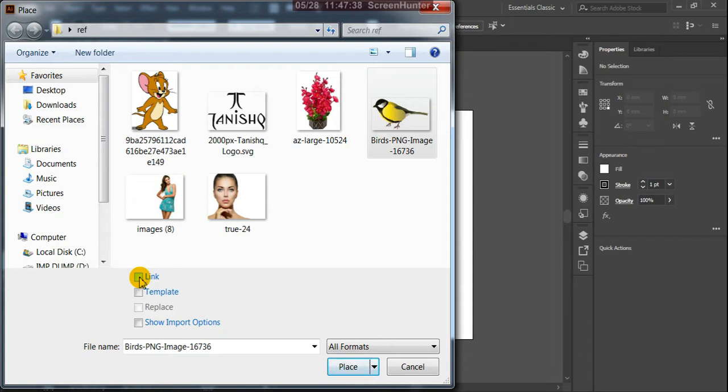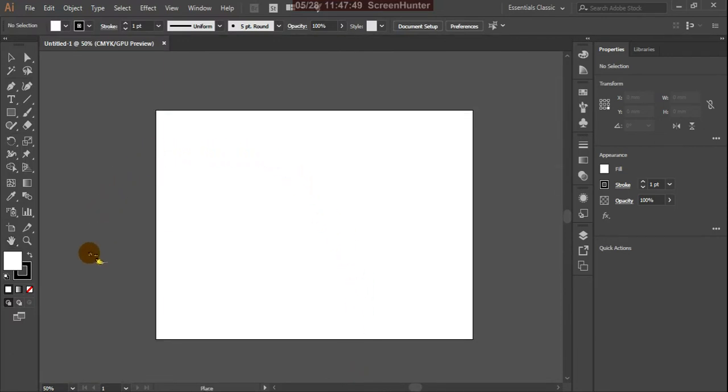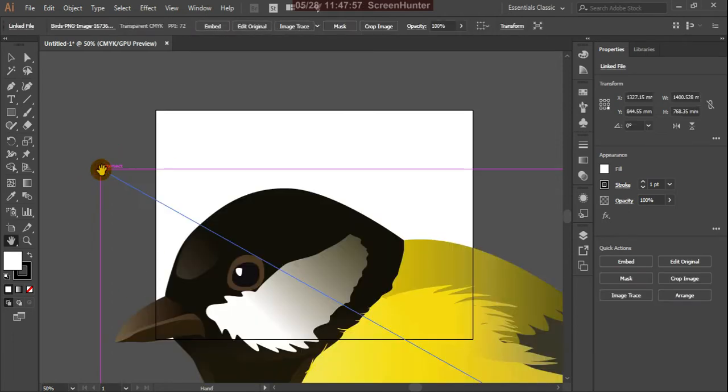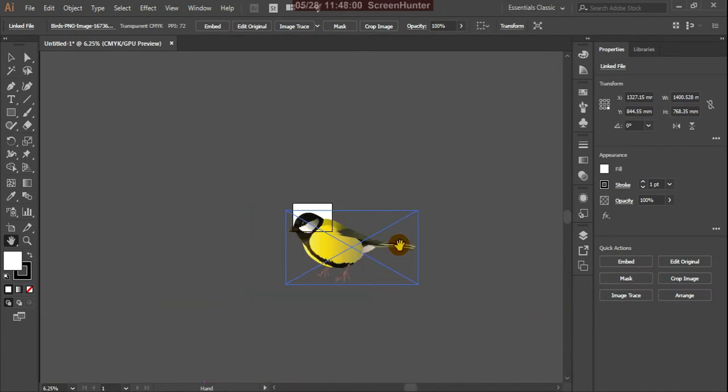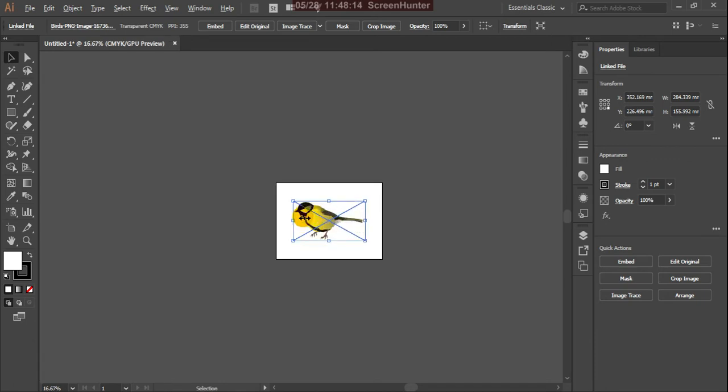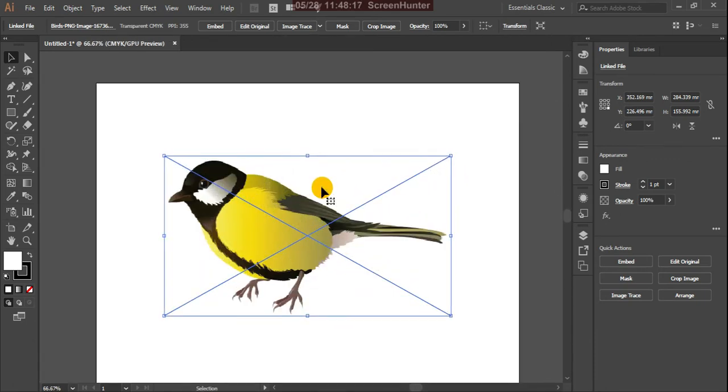So what is link and unlink? What is the difference between them? Let us first give the link, and Place. The picture is connected with your mouse cursor, and you can click. Yes, this will be your picture, and with the control key and shape, make it small and place it in the center. Yeah, this is my picture.